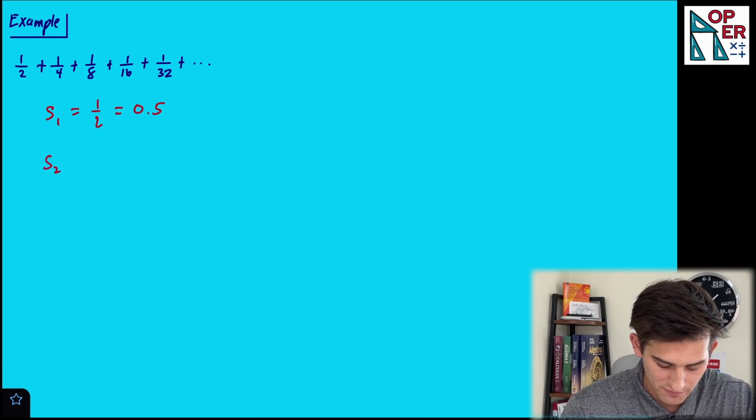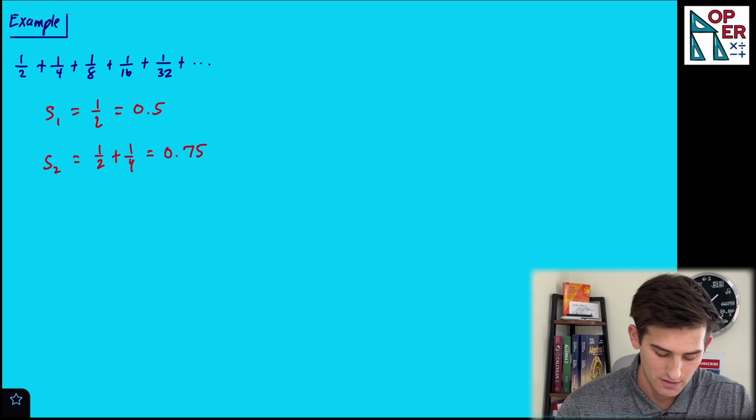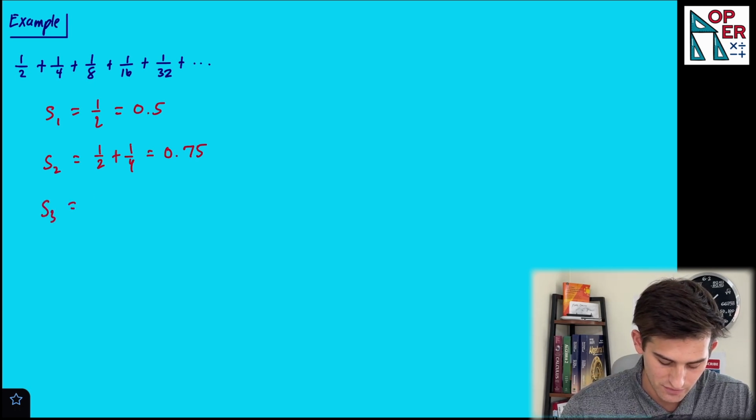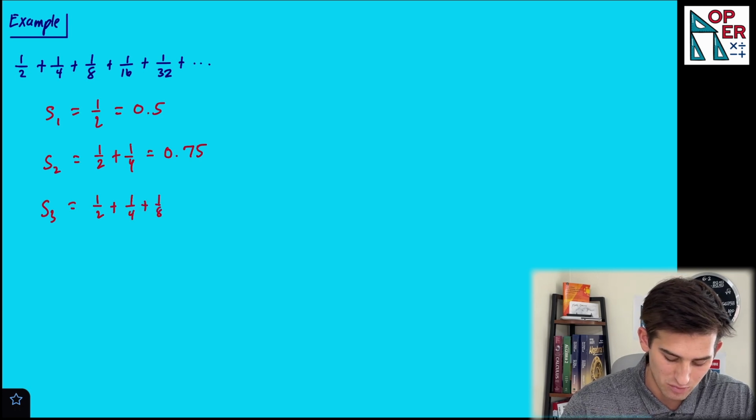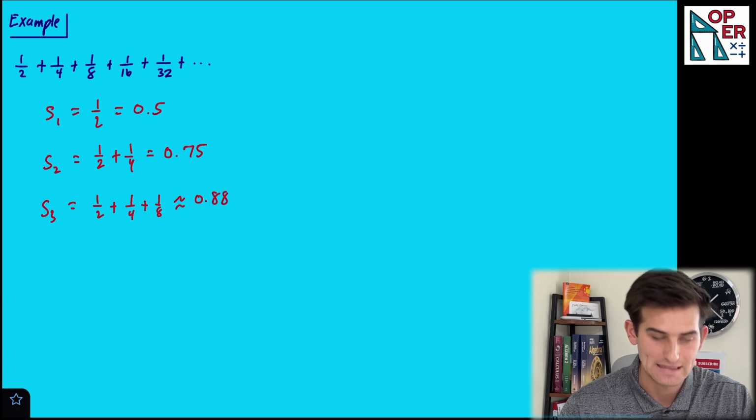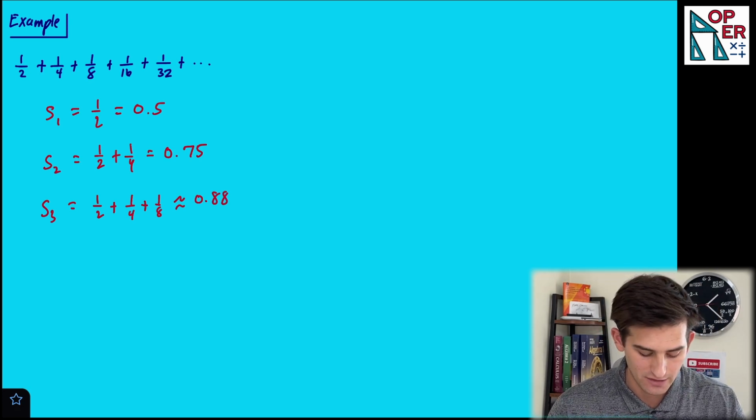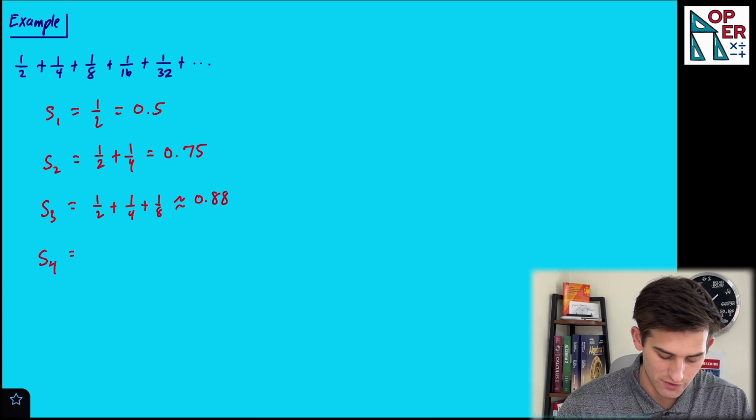Now the sum of the first two terms would be 1/2 plus 1/4, and that would be equal to 0.75. Now let's do that for the first three terms. So 1/2 plus 1/4 plus 1/8, and that's going to be approximately 0.88 once we plug that into our calculator. Now for S sub 4, that's our first four terms. So 1/2 plus 1/4 plus 1/8 plus 1/16, and that's going to give us approximately